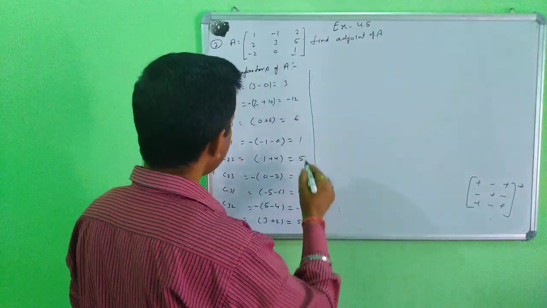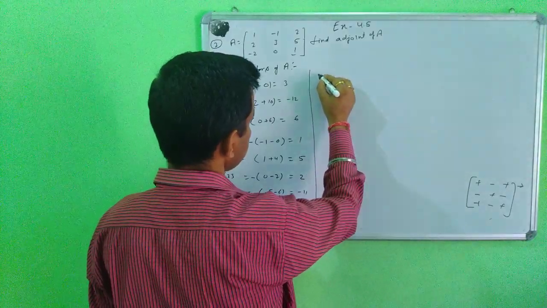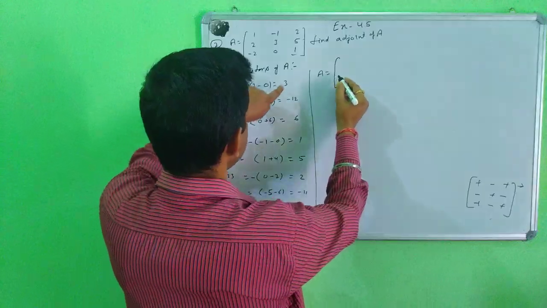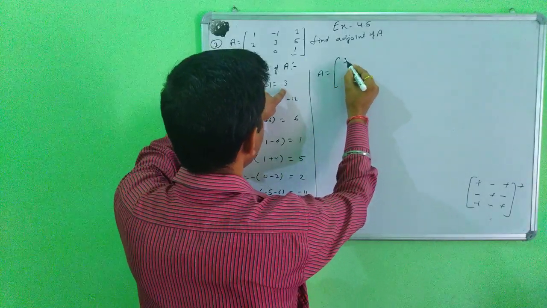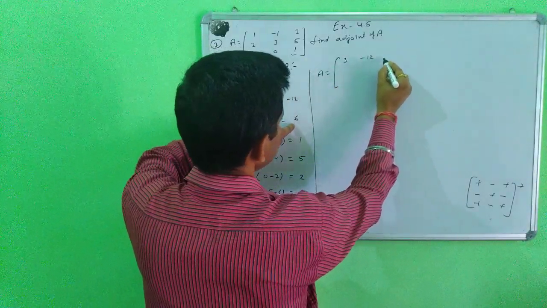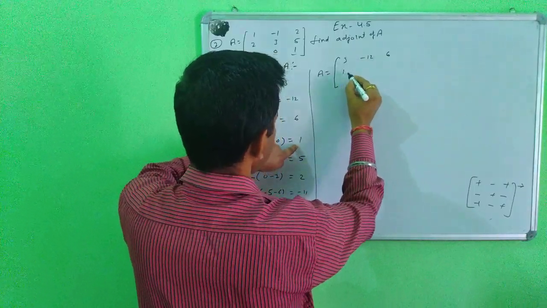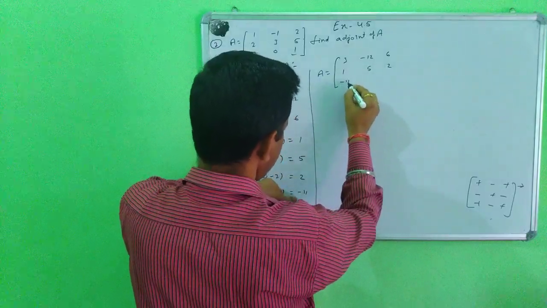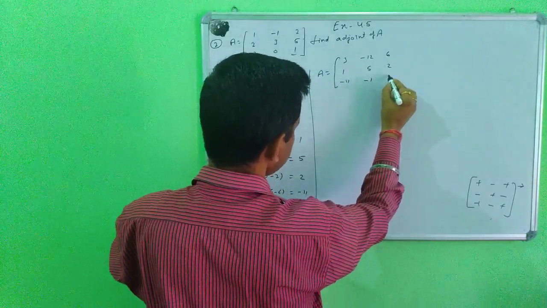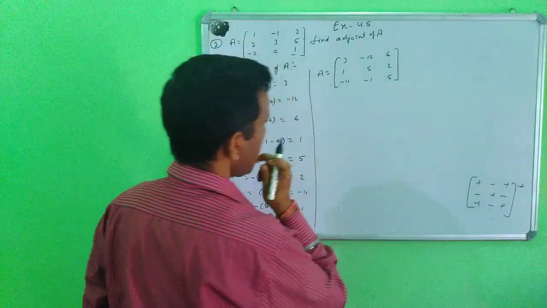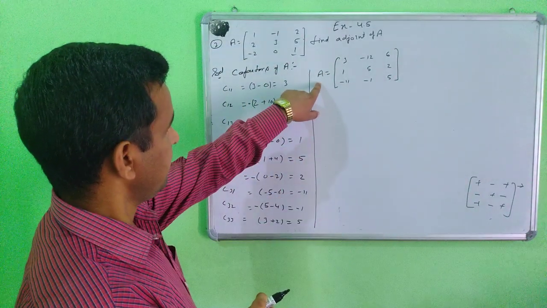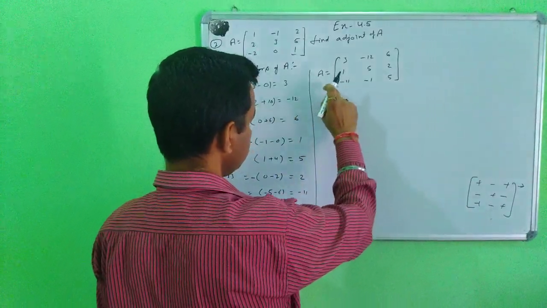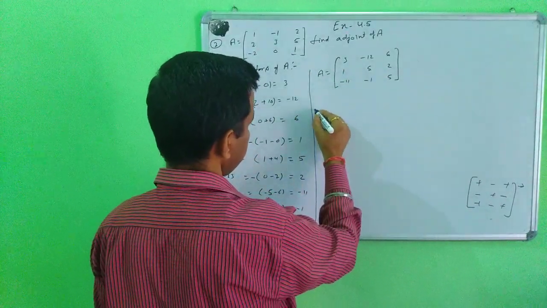Again, I will write this cofactor in matrix form. 1 1 means 3, minus 12 and 6. Next 1 5 and 2. Next minus 11, minus 1 and 5. So this is your matrix, and for adjoint A, here again you find the cofactor form, then you find adjoint A.